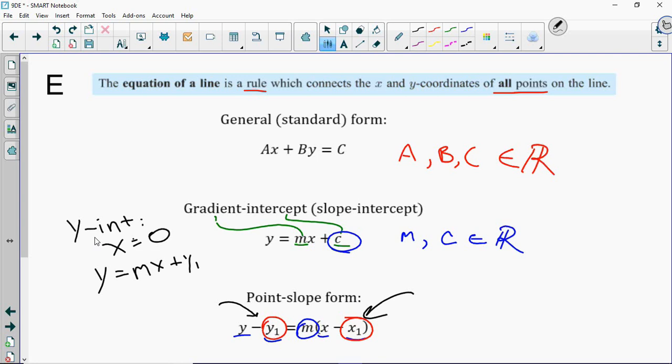Okay, point slope form. I never appreciated it when I was in high school until I got to calculus. When I got to calculus, I realized how helpful this form was. I'm going to really encourage you to embrace point slope form even if you're more used to dealing with slope intercept form. In fact, you're going to see in the examples on the next couple of screens the first steps